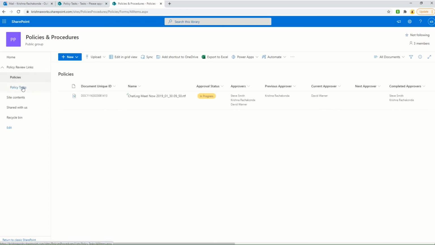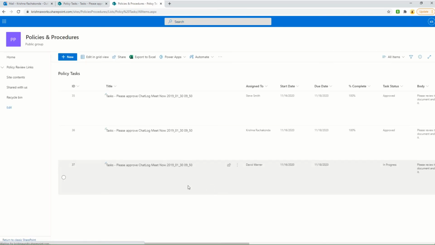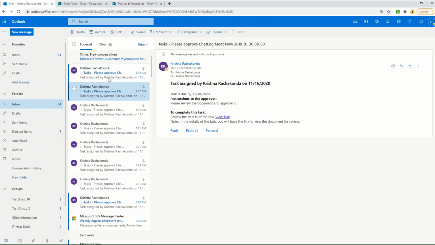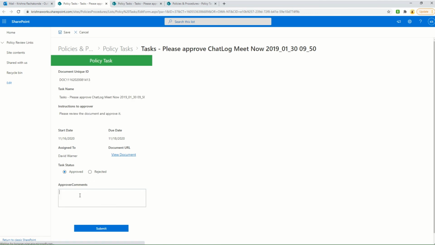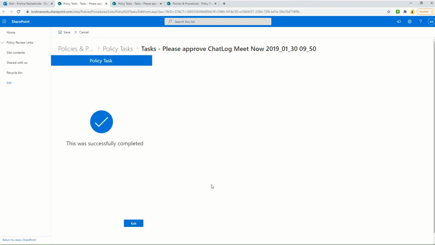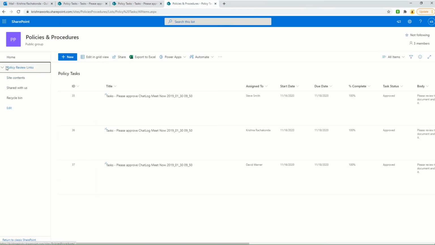And again we see the third account here, I mean the task item. So let me finish the last one as well, then we will see the logic of how it was implemented. Okay, so again approved, so I just marked it as approved. So let's get into the main task, I mean